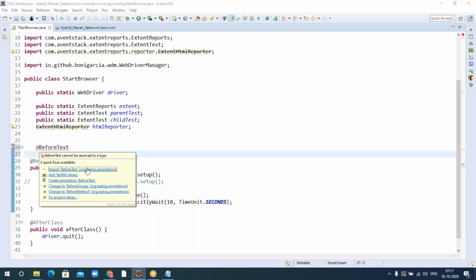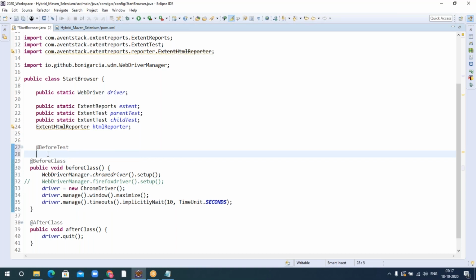So in my case, what I want to do is, before the first execution, I want to initialize my reporting, because each and every step I want to capture, even navigating the URL and everything. So the logic for initializing the report is going to be written under before test.